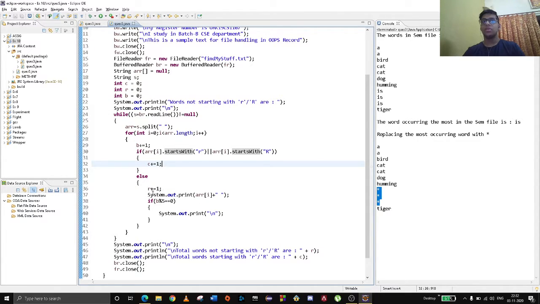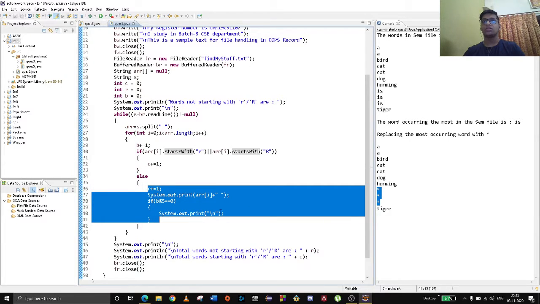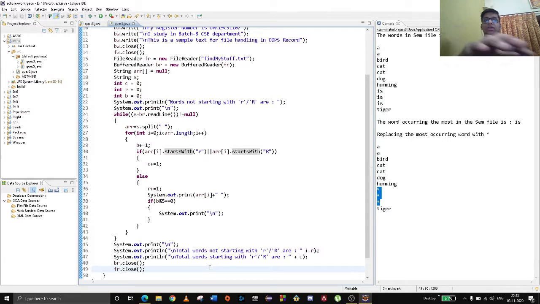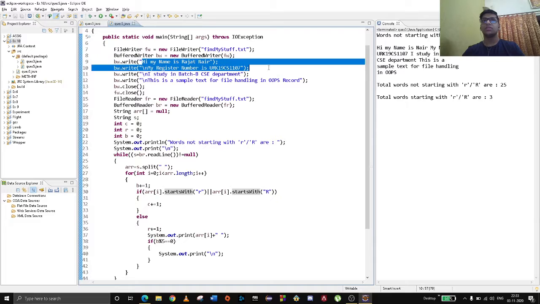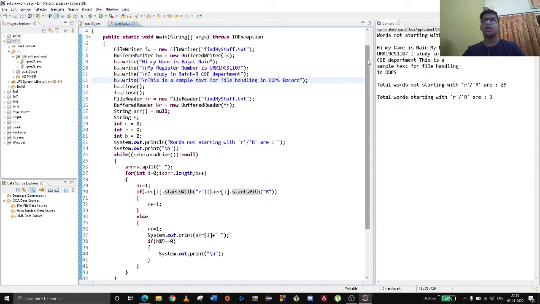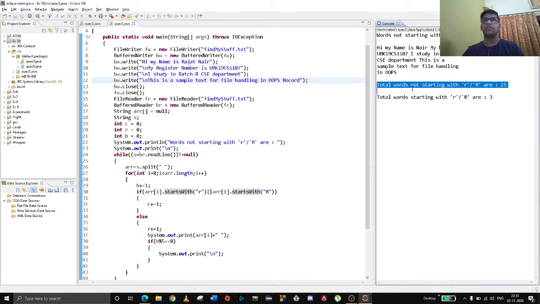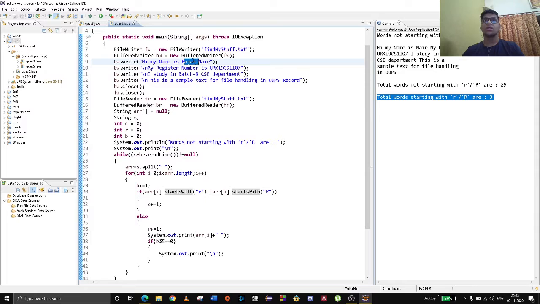Otherwise, we print all the words not starting with R or capital R. When I run this code, you can see the words not starting with R and capital R, all the words except those. The total words not starting with R are 25, and total words starting with R are 3, because only Rajat, register and record start with R.